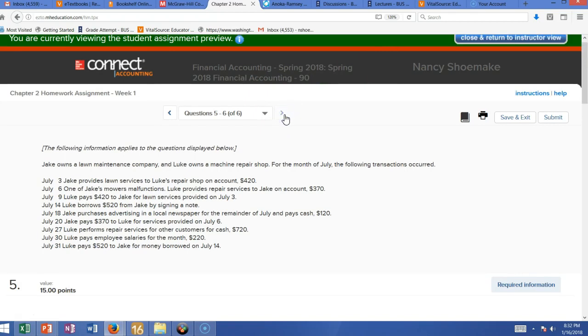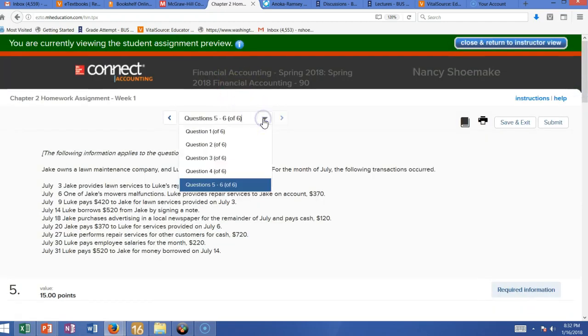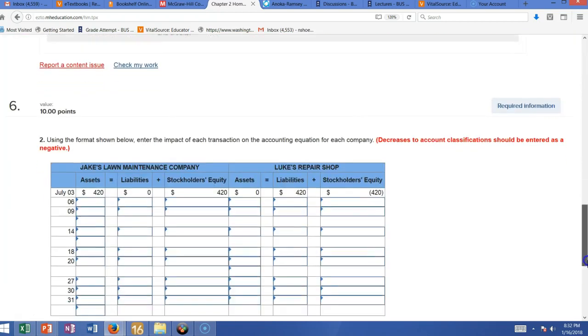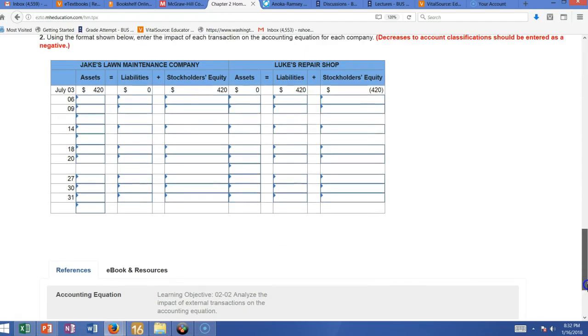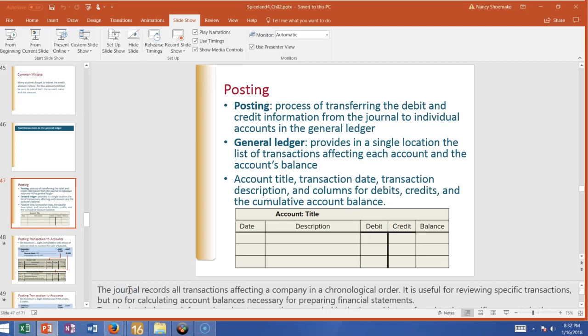Then number 6. Oh, I guess we only have 5. It's all on the same sheet. So maybe I do need to do a little more. I just don't want to do the posting. No, I really don't. The journal, I'm not